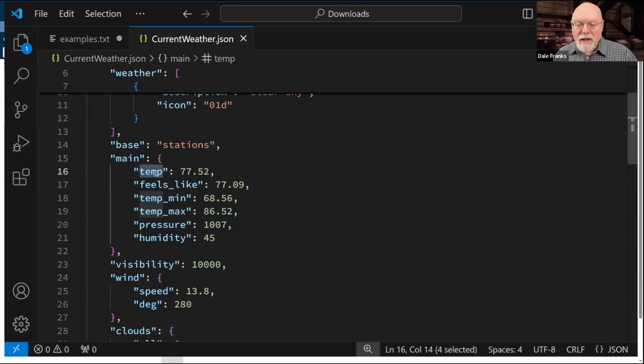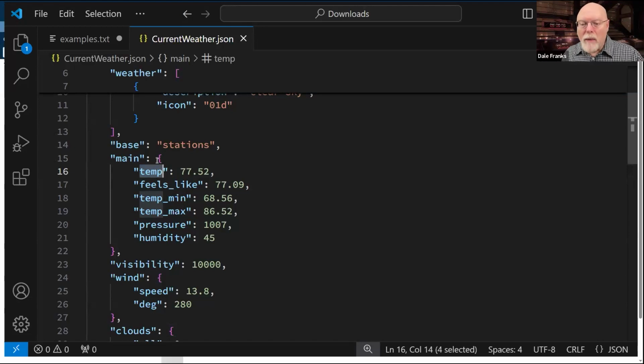Now in XML, if we remember looking back at our XML, this was an attribute. There was a temp attribute of, I think it was current, or no, I think it was temperature. I don't remember what it was, but I think it was temp. In any event, that was an attribute in XPath because of the way that our XML was structured.